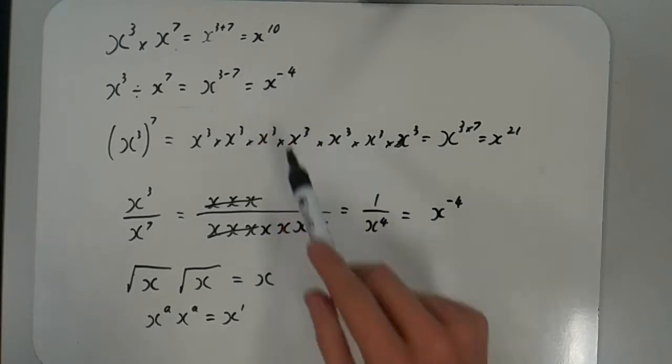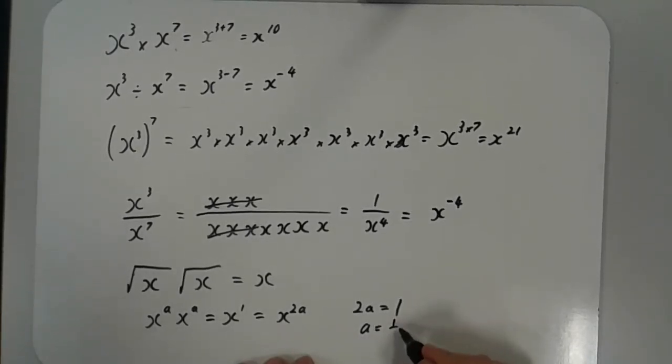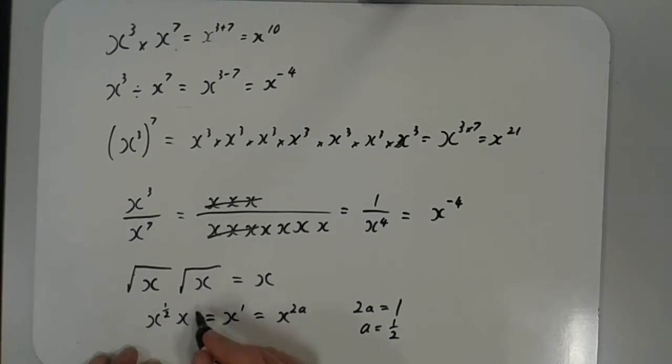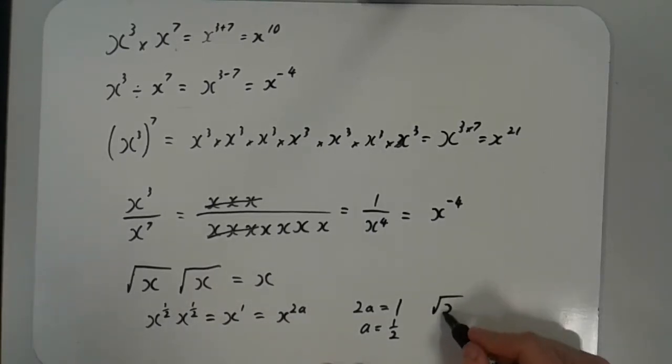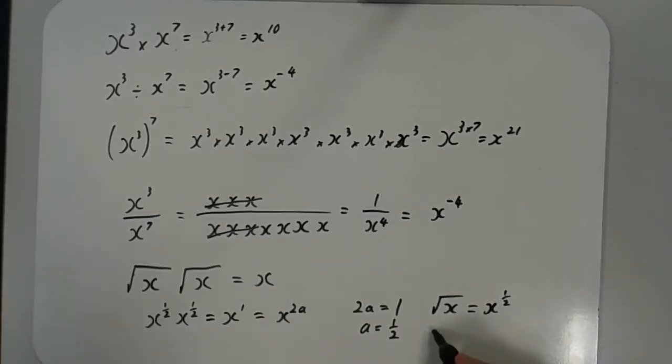So I can use my previous index laws to understand this. I know that that can be written as x to the power of a plus a, or 2a. So I can see, looking at this, that my 2a must be 1. As those numbers are both x, these powers must be the same if they're equal. Therefore, that unknown power is just a half. Meaning that, almost by definition really, I can write the square root of x as x to the half. A similar argument would mean the cube root of x is x to the third,